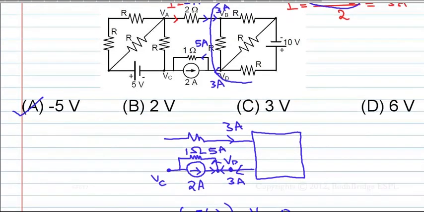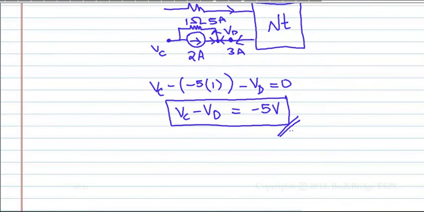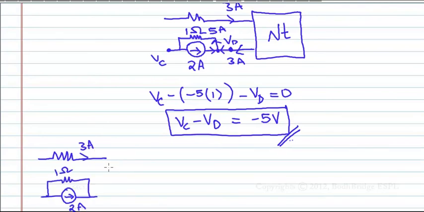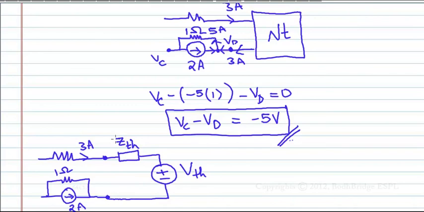Another way of explaining is, this whole network can be simplified as, I am writing network NT. It can be simplified as what? A Thevenin equivalent. Any network can be simplified as R Thevenin and V Thevenin, right? So let me write it as Z Thevenin. Thevenin equivalent I am seeing for this network. This is Z Thevenin and this is V Thevenin. Any network can be simplified as Thevenin or Norton equivalent. That is what I am simplifying.